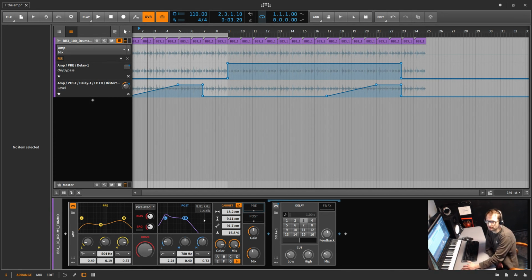Bitwig 2.1. This is a beta version here, but this is a really good sign. The fact that they're giving this device in a 2.1 upgrade. You know, the pricing plan, I was a little sketched out about that. I did get Bitwig 2.0 at a pretty steep discount using the coupon code. And the fact that you're giving us a new device already, what has it been, a month? Is very, very promising. And this amp device, at first I wasn't that excited, but after just putting this on